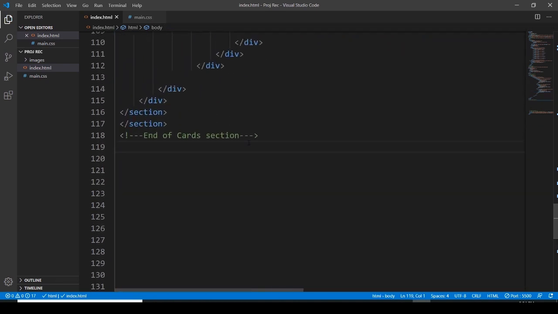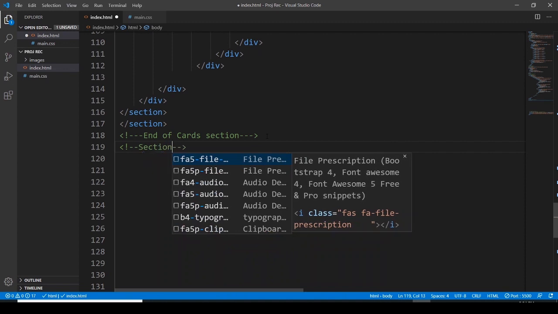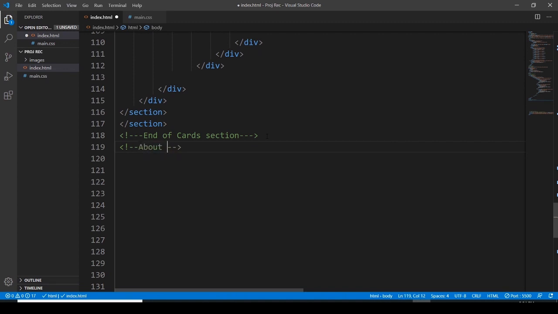And now for the About Us section, first of all, let's have a comment here. So, about section, and then end of about section. And now within these comments, let's start